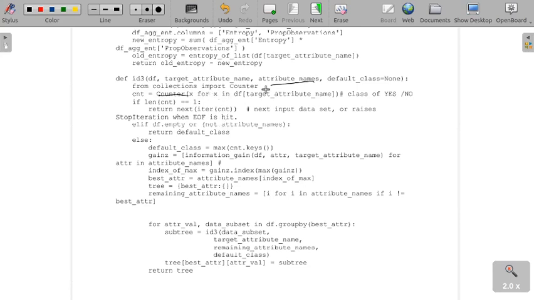Later, if the length of the count is only one, that means only one class instance is there, then return.